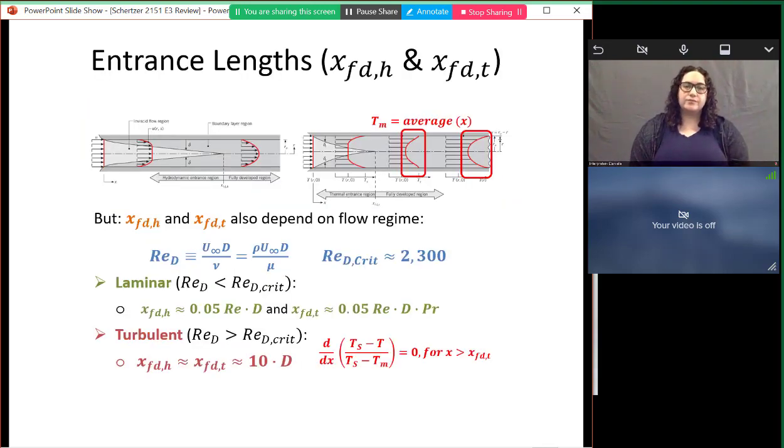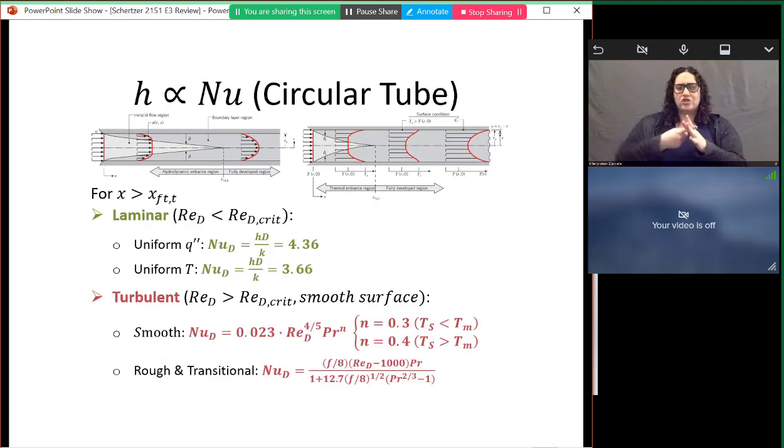So when we did these kinds of problems, we said, okay, the things we have to think about are: is it laminar or turbulent? So I've got to find a Reynolds number. And then if it's laminar or turbulent, I've got to figure out if it's fully developed, right? So I have different equations for that. So I need to find the Reynolds number, I need to know if it's laminar or turbulent, and then I need to pick a correlation for my Nusselt number, which will be based on that information.